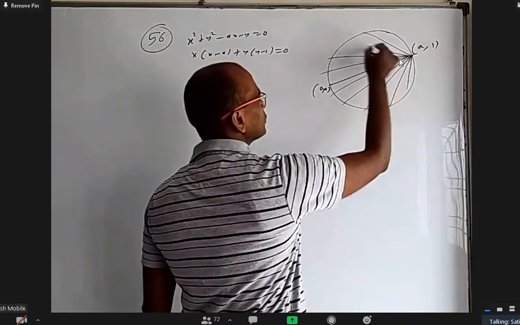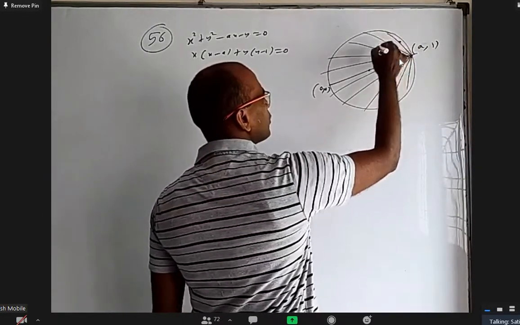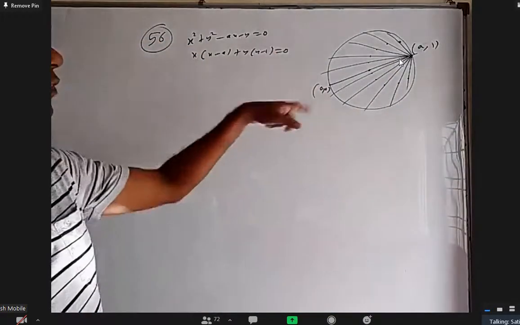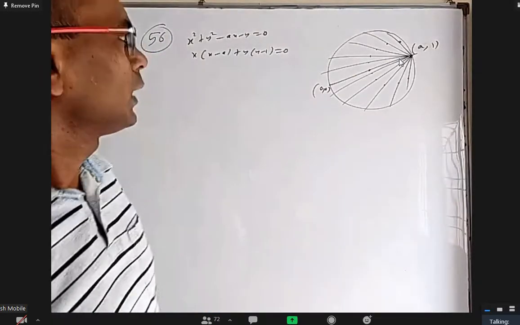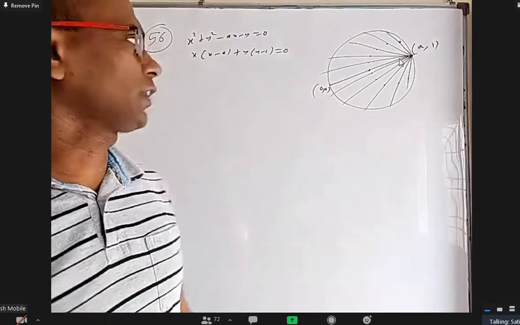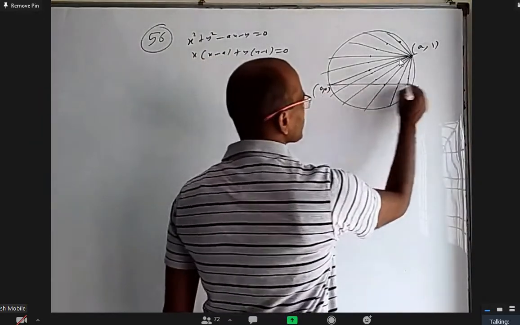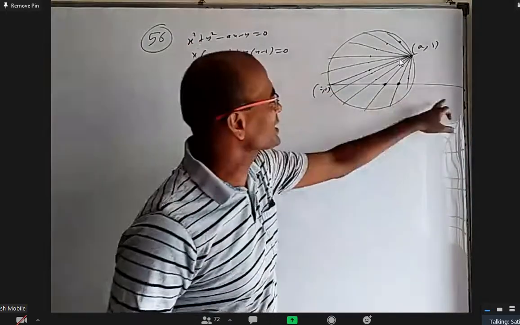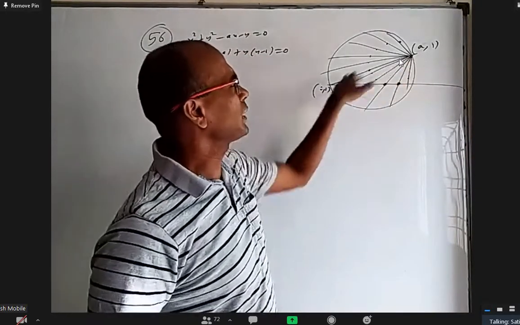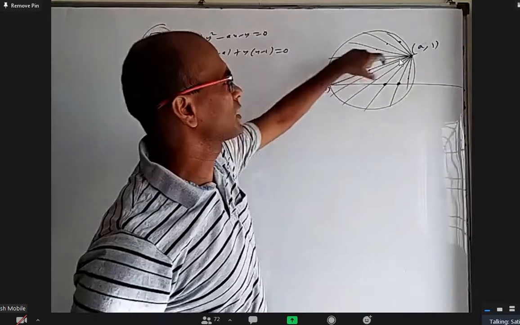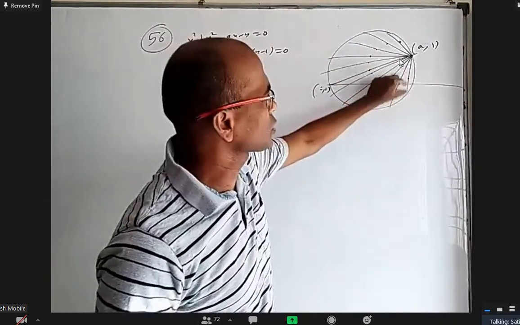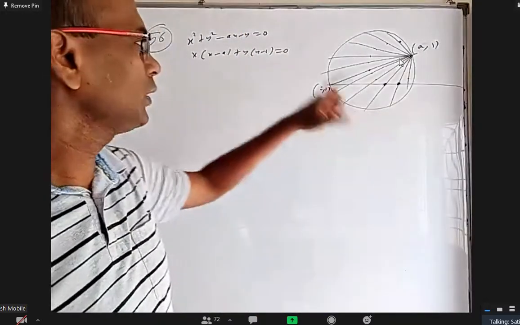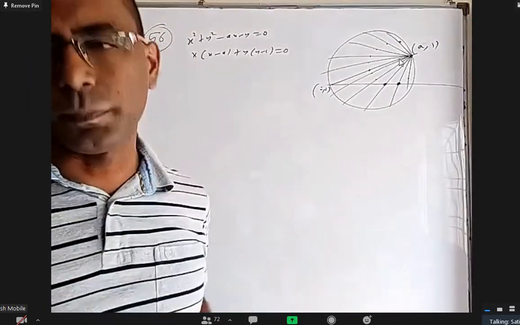They all have midpoints. This will have one midpoint. There are a lot of midpoints of the chords. We want the x-axis to pass through two of them. This is the x-axis. Maybe two midpoints are lying on that. That means the x-axis is bisecting this chord and this chord, but it is not bisecting other chords. Maybe this is greater, this is smaller, or it is not even meeting, or this is shorter, this is longer, right? So there are many chords passing through (a, 1), but the x-axis should bisect only two of them,